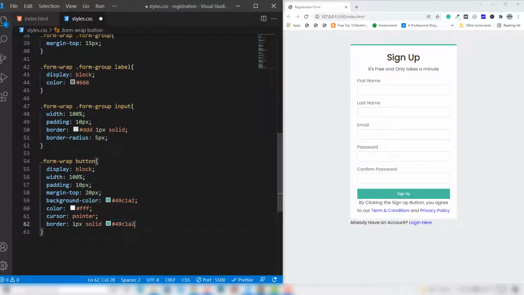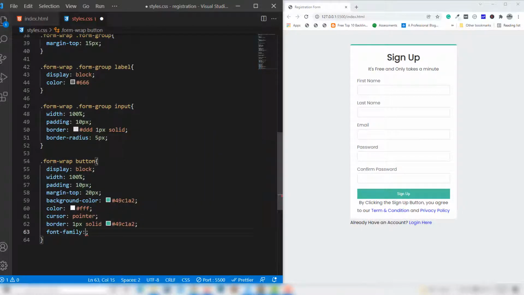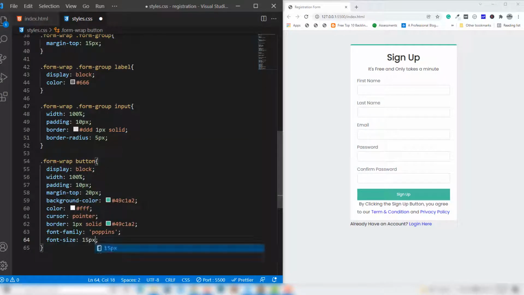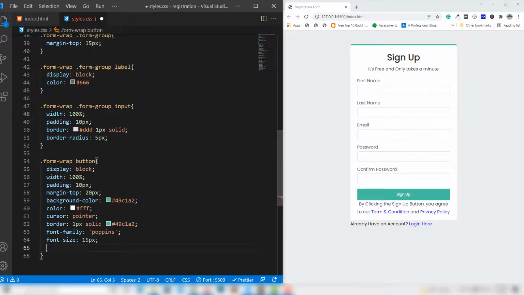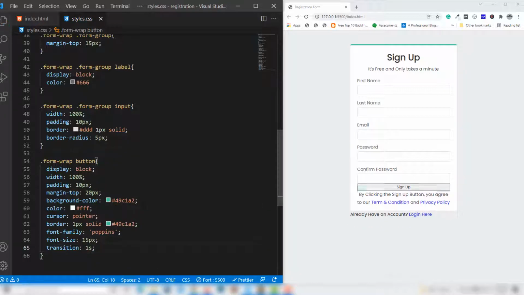I also use font family inside there, because inside the button we need to assign the font family is Poppins. And I'm going to change the font size 15 pixels, and also I use transition 1 second. First save that,